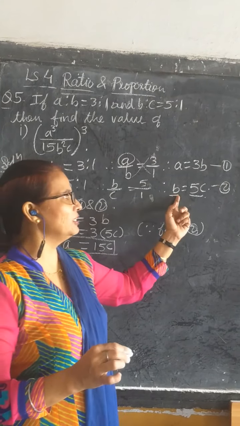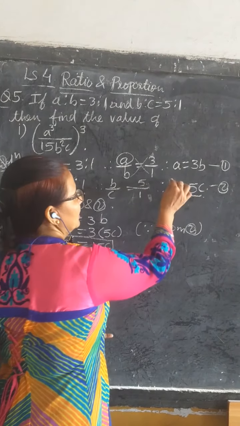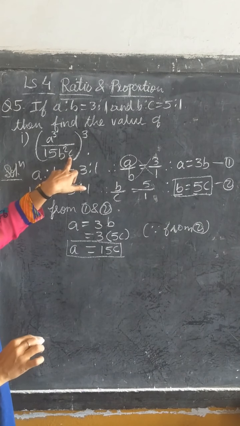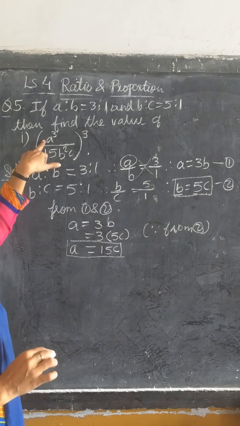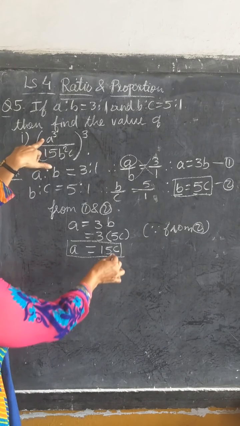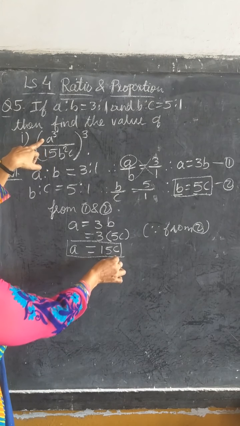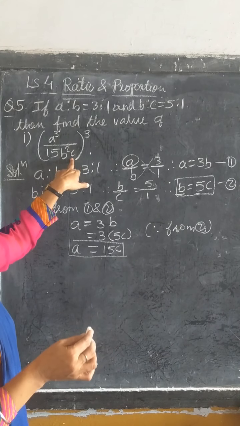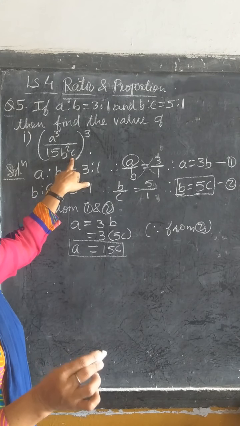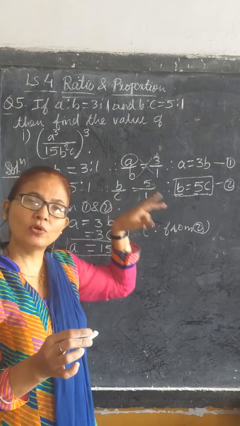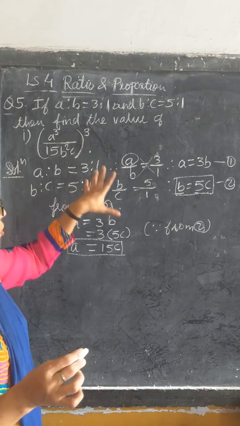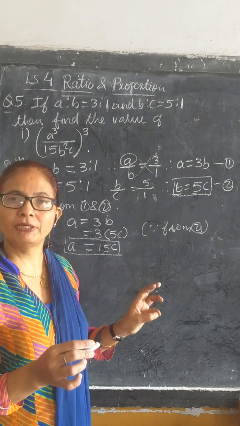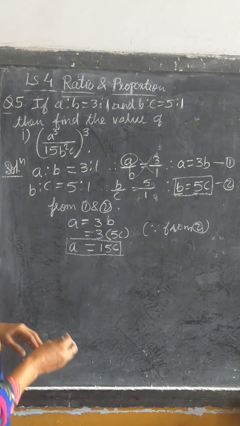The value of B is already in terms of C, that is B is equal to 5C. And here in the question, when you put the value of A, it is in the form of C. B's value is also in terms of C, and this C will remain as it is. Okay. So children, it's your choice. Either you convert all the terms into variable A or variable B or variable C. Now let's see.